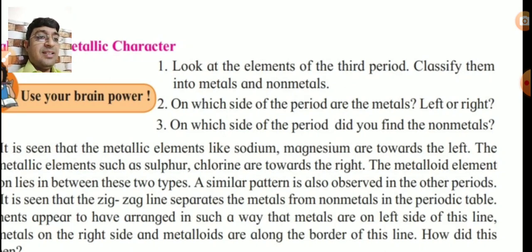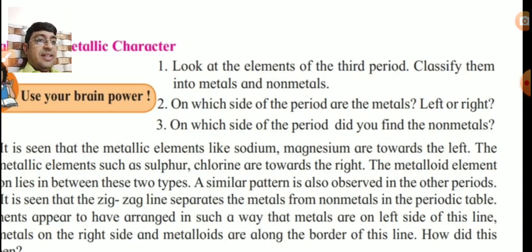As per the valency, if the valency of the elements is 1, 2 or 3, they are all metals except boron, because boron is a metalloid, that we learned in standard nine. One more thing, if 4 or more than 4 valence electrons are present in an atom, they are all non-metals except again one. Which one? That is silicon. Silicon is a metalloid. So these are the two exceptional cases. For the remaining elements 1 to 20, this rule is used.